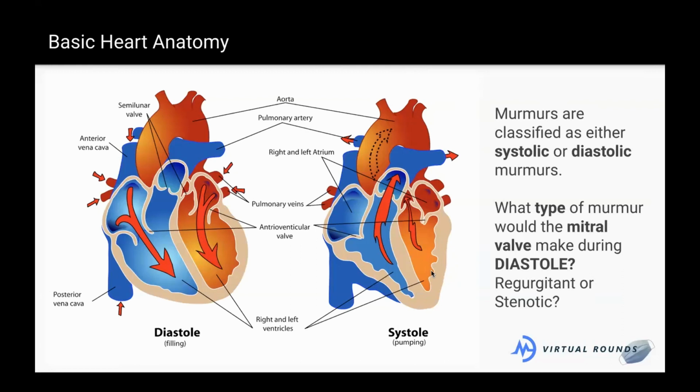Similarly, if I heard a mitral valve murmur during systole, that would be my regurgitant, or floppy, murmur, mitral regurgitation, because this valve is meant to be closed. So when I contract the heart muscle, blood only goes up through the aorta. But if I happen to get some blood backflow through here, that would mean that this valve is too floppy and blood is sneaking back through this way. So that would be the murmur of mitral regurgitation. I hope that makes sense, where we can hear two different types of murmurs for two different types of valve disease, depending on where we are in the heart cycle.